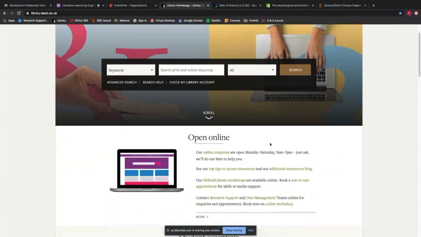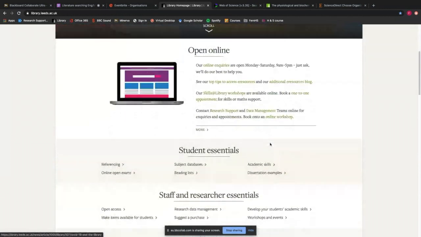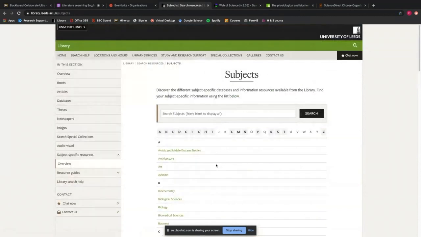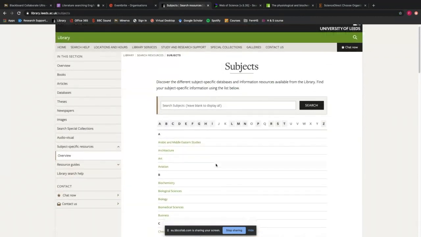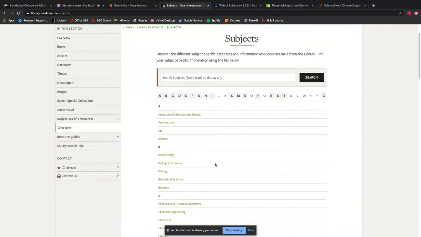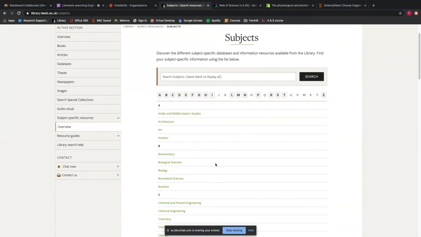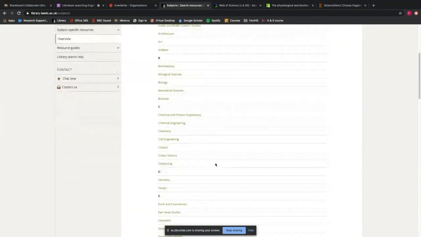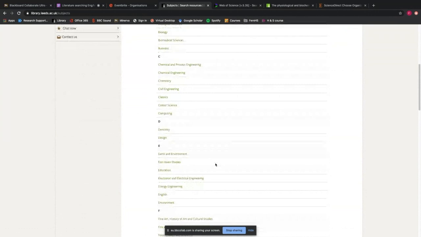If you scroll down a little bit, under Student Essentials you'll see the subject database link. If you click on the subject databases page, this is basically a list of subjects, and you really just need to find the one that's most relevant to you. I'll pick, for example, environment here,